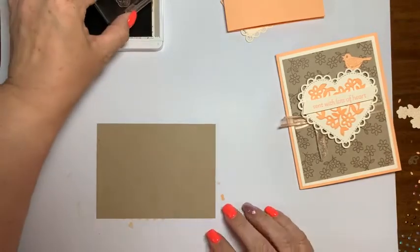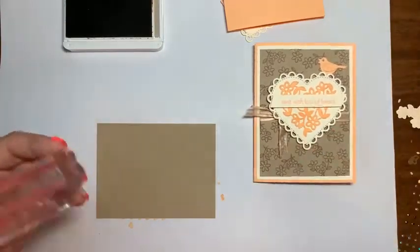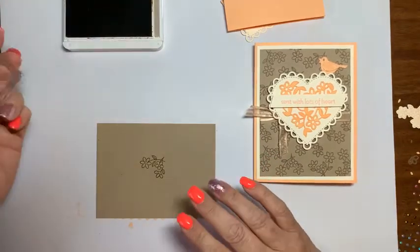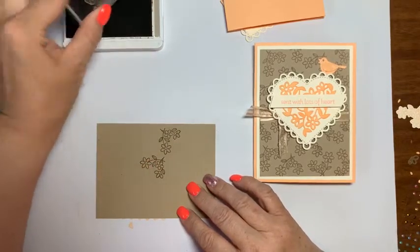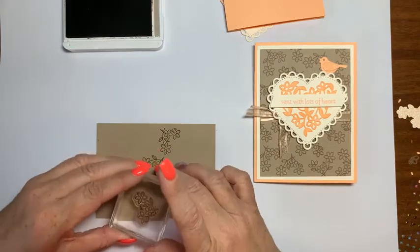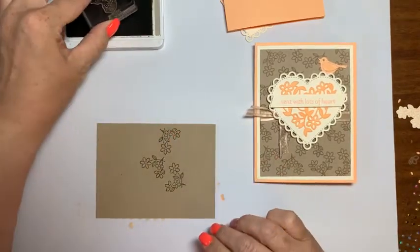Okay, so this is just a cute little flower. Again, I kind of start in the middle because I'm going to have a little grace period, right? You can always turn it over if you get a partial image or something. And the only other thing you need to think about when you're doing this kind of pattern, unless you want it to be directional,